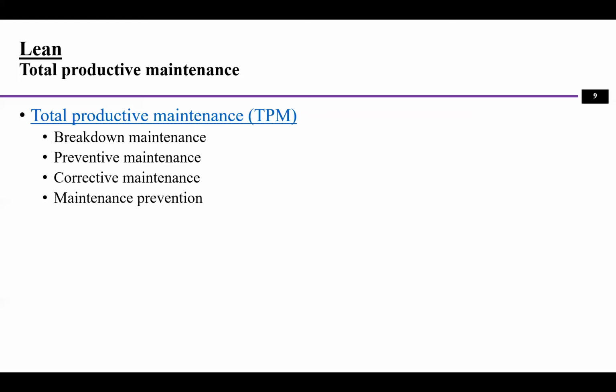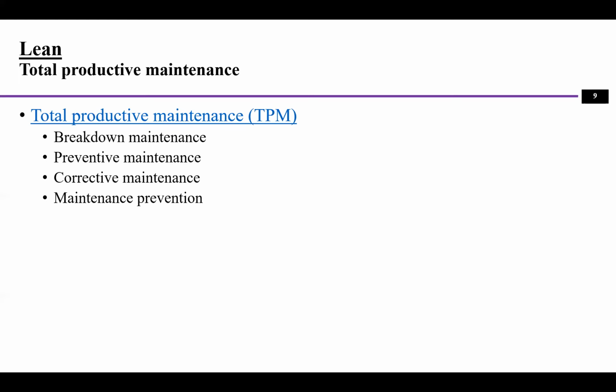And another tool people already use is Toyota Total Productive Maintenance, TPM. So TPM focuses on the equipment itself, right? For example, how to prevent the equipment from breaking down, and how to fix it or correct it, and also how to maintain the equipment, because not only how but also when to maintain it. If you only try to fix it after something happens, that means you can actually shorten the equipment's life.